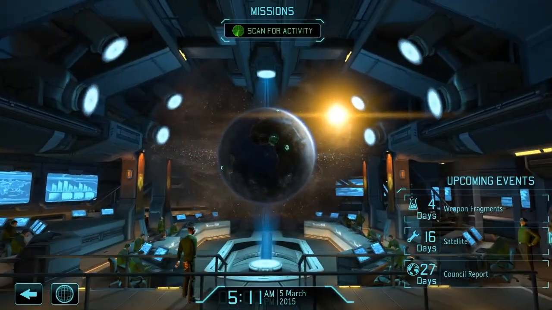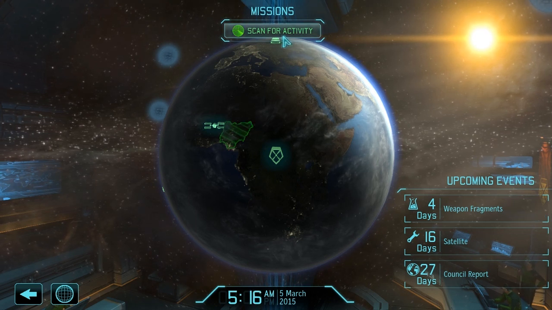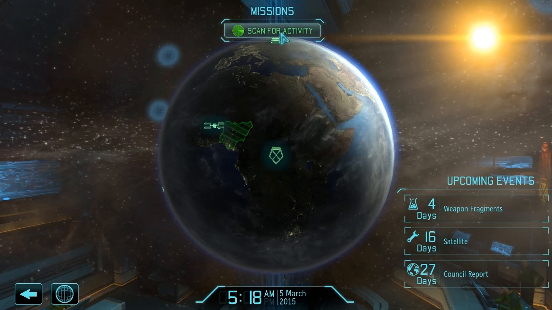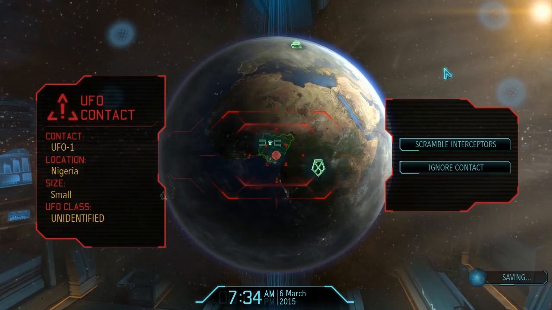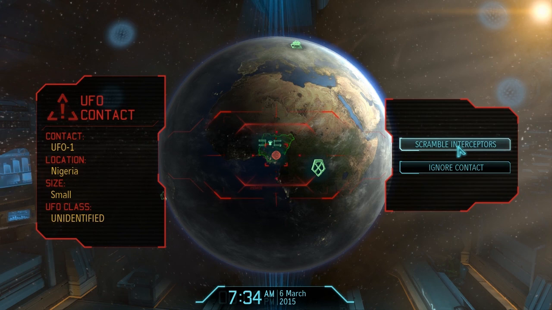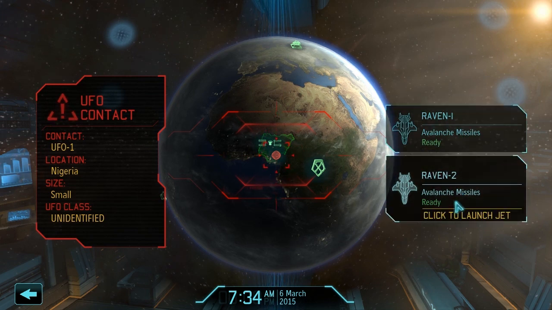So let's go here, and we've got 4 days till weapon fragments research is done, and once that's done, we'll call it a day for this episode, or if we find more alien activity. Contact detected. We found more alien activity. I'll show you how the interceptors work, and then we'll call it a day before we actually start the next one. So here is where I pick which of the 2